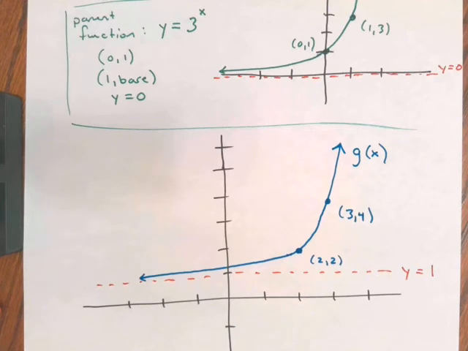With that said, there are a few things that we need to do in addition to graph. One of those is to list out the domain and the range and any asymptotes that we have. You can do that by looking at the graph, or